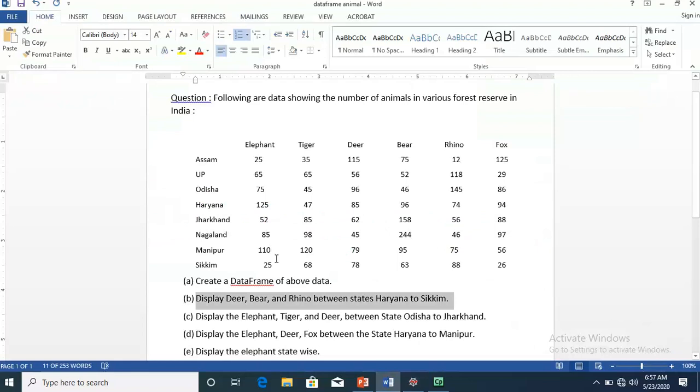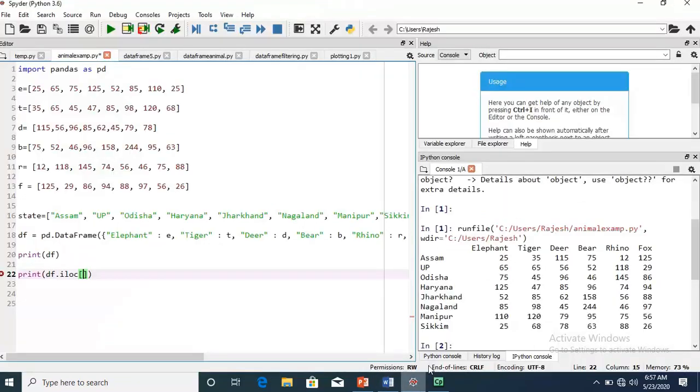The requirement is to display deer, bear and rhino between the states Haryana to Sikkim. Let us see: 0, 1, 2, 3. Haryana is at position 3, so I say row 3. Then 0, 1, 2, 3, 4, 5, 6, 7 is Sikkim. Then we can use 8.